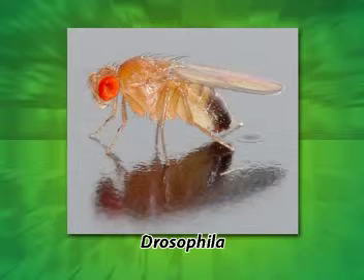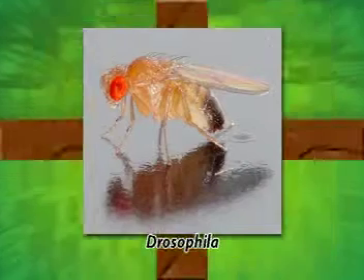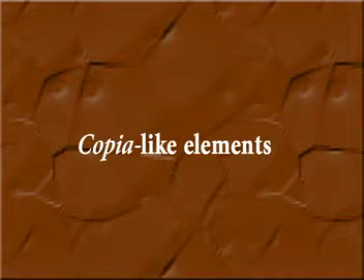The presence of transposable elements in Drosophila melanogaster was first inferred from observations analogous to those that identified the first insertion sequence in E. coli. These sequences include the copia retroposon and the P elements. Now the copia-like elements. The name copia-like elements reflects the presence of a large number of closely related sequences that